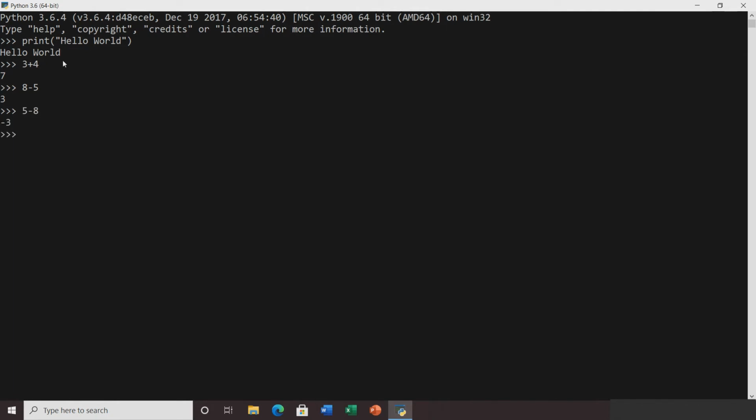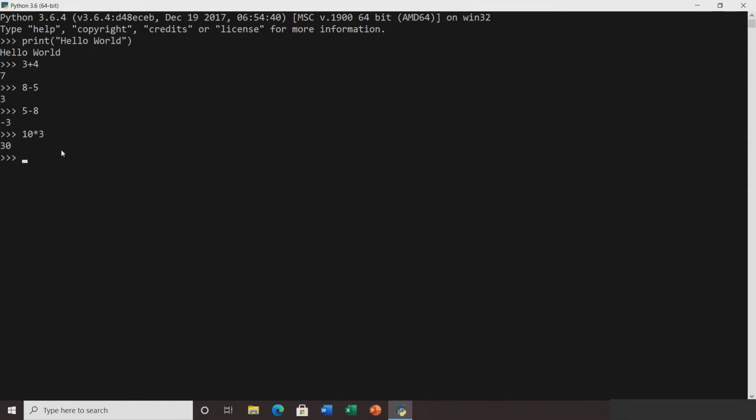Then let's multiply. For example, 10 into, for multiplication you will use the asterisk mark. This is the mark which we use for multiplication, not the cross sign. Then 10 into 3, it will give 30.